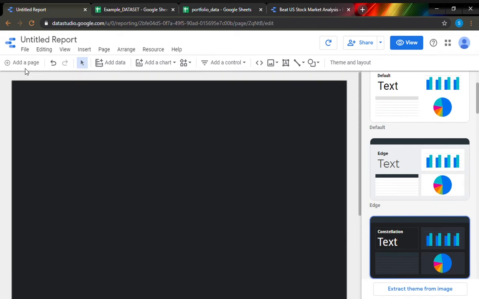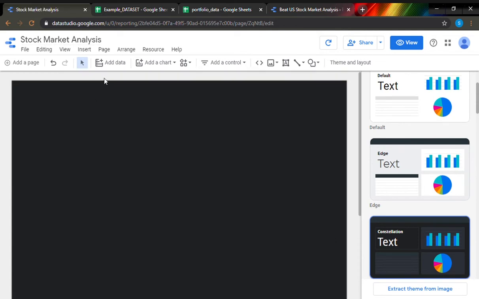This is very easy to use. Now after adding the layout, first we need to name our report. So here I will name it stock market analysis. So we have renamed our project.